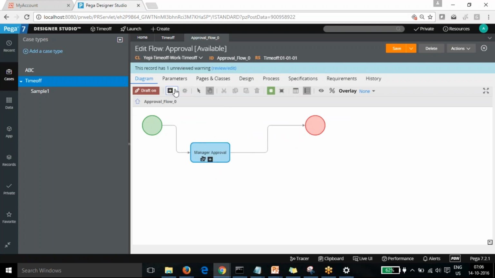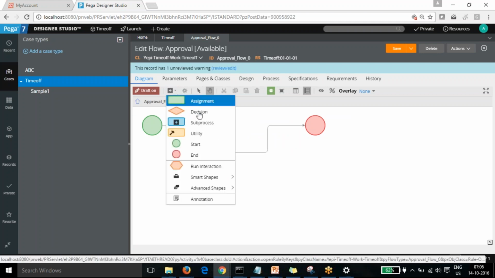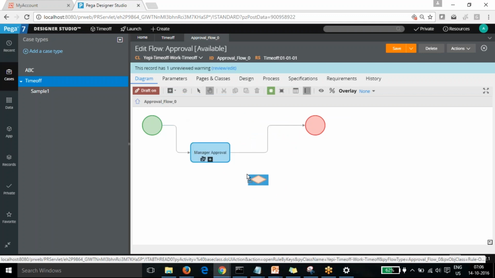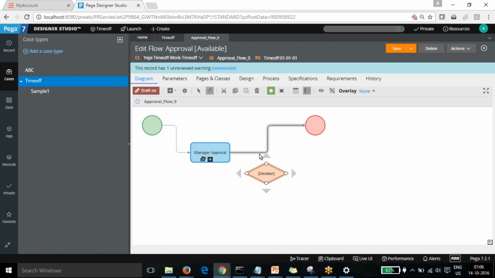Here what we're going to do is go to the user decision shape. No, sorry, I need to use this shape. The status should come from this one to this one.